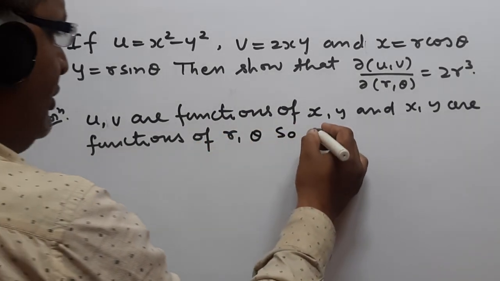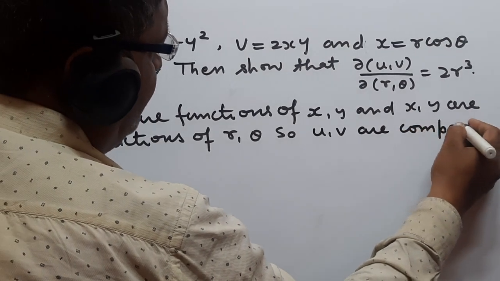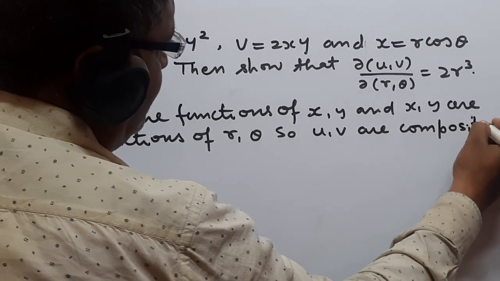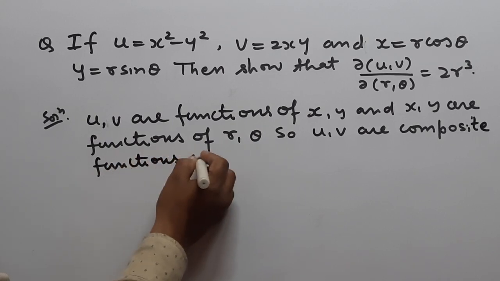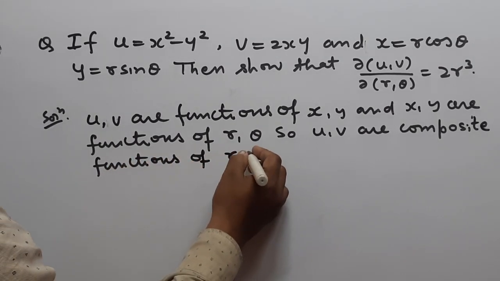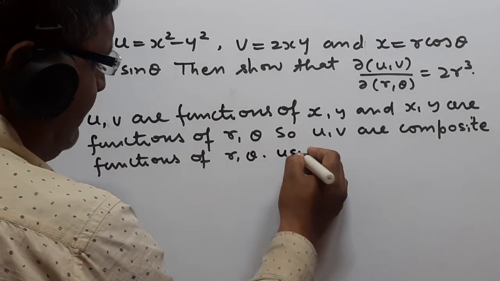So u, v are composite functions of r theta. So using chain rule,